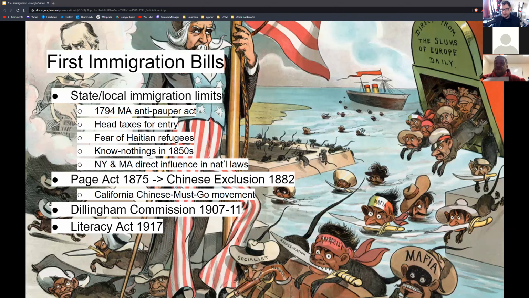First came the Page Act, named after Senator Page, a California senator, which limited the types of immigrants who could come from China. It came alongside a treaty with the Qing government in China, Qing being the dynasty, and this basically said that Chinese prostitutes were not allowed. Anybody who was deemed unproductive was also barred, kind of a revival of that whole Massachusetts Anti-Pauper Act, if you remember that. And basically, even minors weren't allowed to immigrate. They had to basically be sworn to be house workers, domestic workers like cooks, or